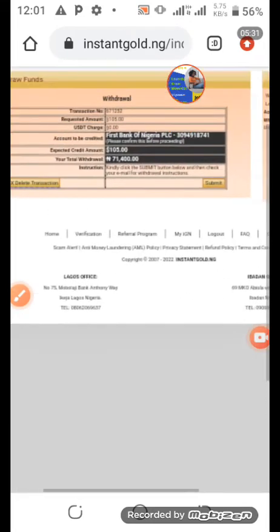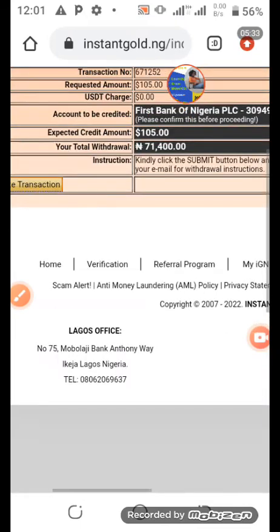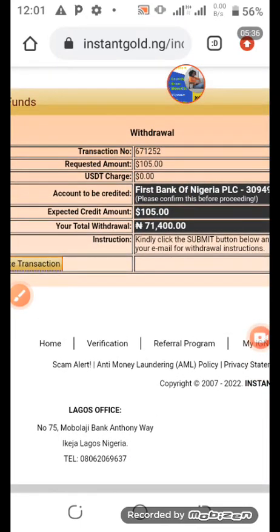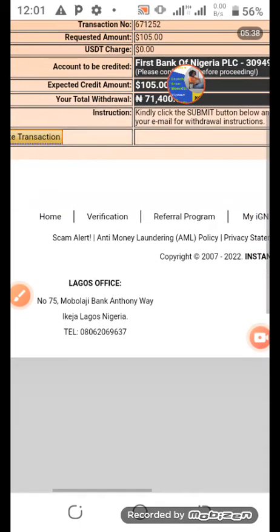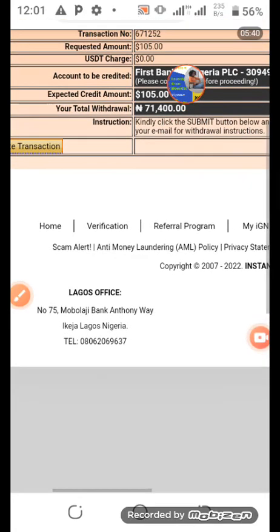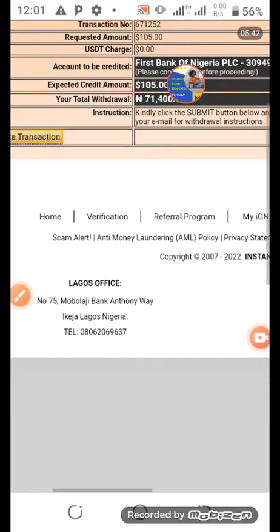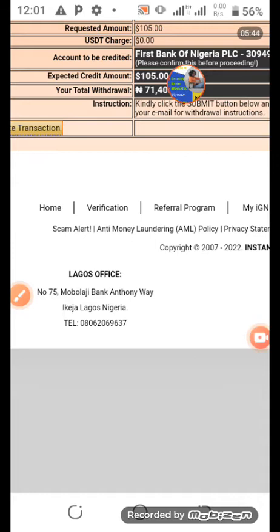Okay, having proceeded now, the system is showing me my transaction number, the request amount, and the amount to be credited. You see, this is my account to be credited, and they are telling me $105 is going to pay